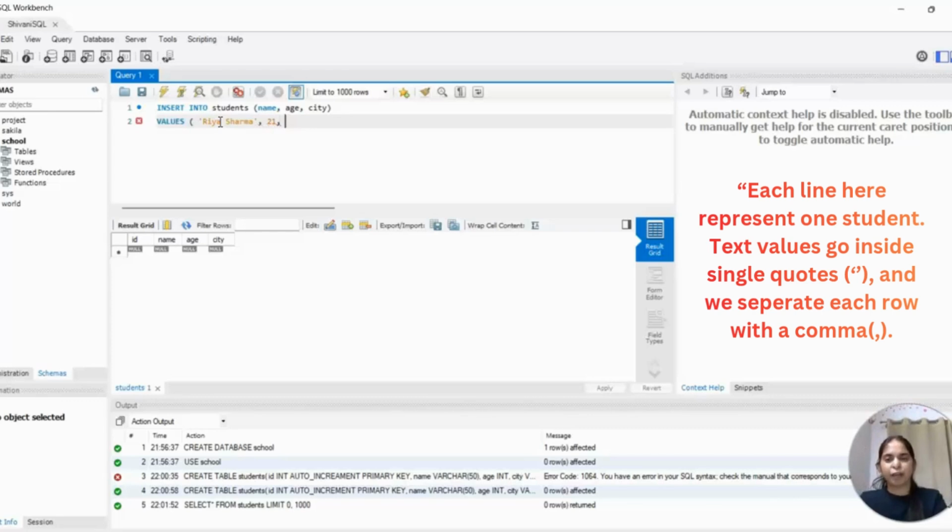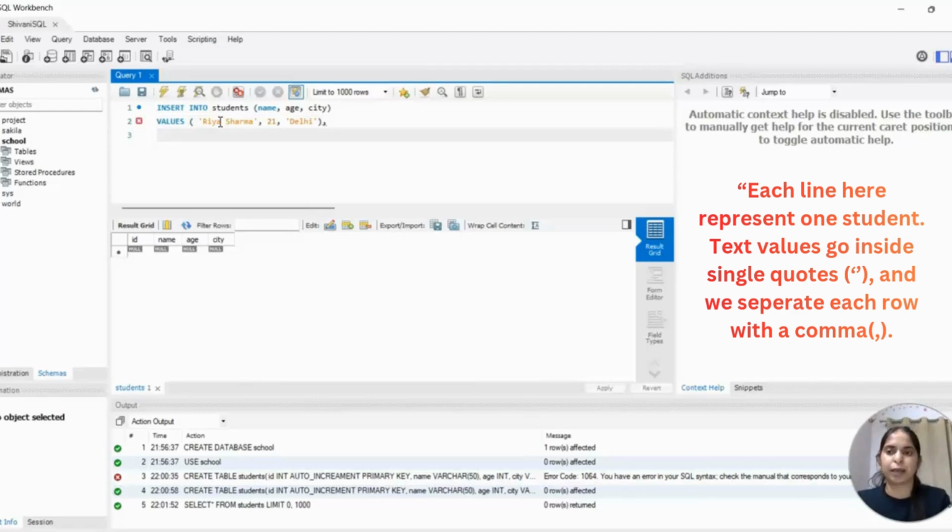And for a numerical value, it is not necessary to put it in single quotes, but for a text value it is very important to keep it in single quotes. So 21, and then city I can write Delhi, and then bracket close, and then comma.